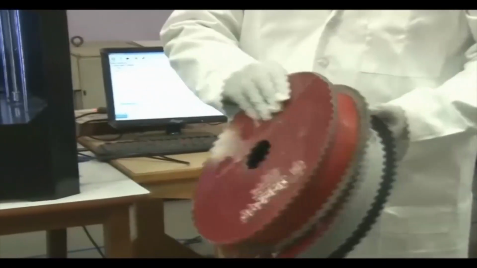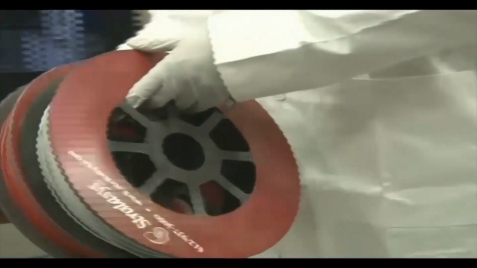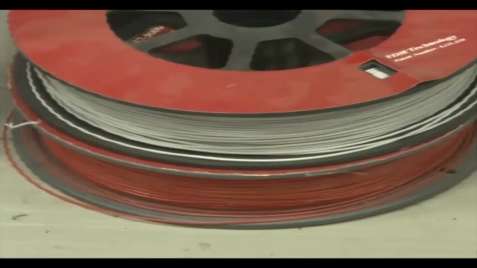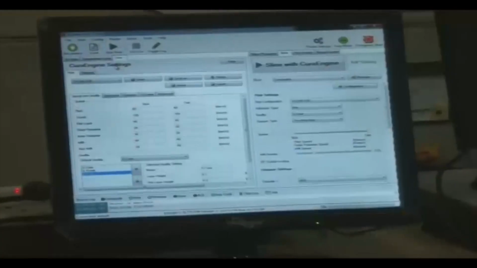So it can be white, it can be red. You can say red and white. White is the most common color that is used in FDM technologies nowadays. Actually, white and yellow are the most common colors that are used in FDM technologies. So this is